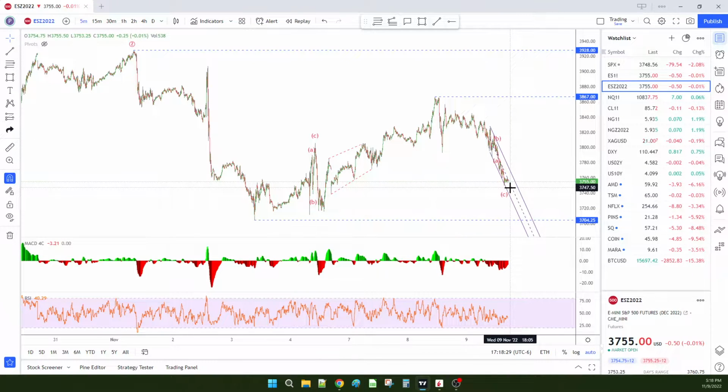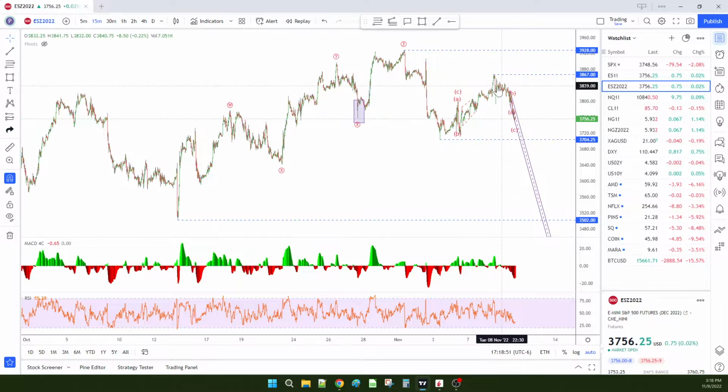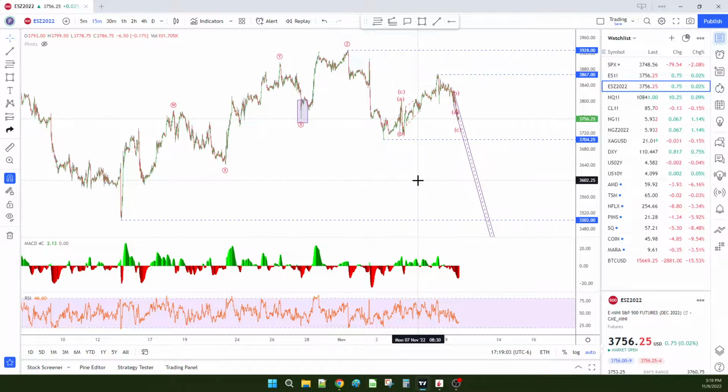We're not quite done yet. I still see us having a little bit more down to go, and then back up to the upper channel, and then down to complete this first wave. Then we'll get a 3-wave correction. So that'll be 1, 2, 3, and that'll be 3, and then we're just going to continue charging down. So this whole thing then will be the leading diagonal, correction up, and then finally we're going to go down and break 35.02. So that's the bear case. That's what I see.